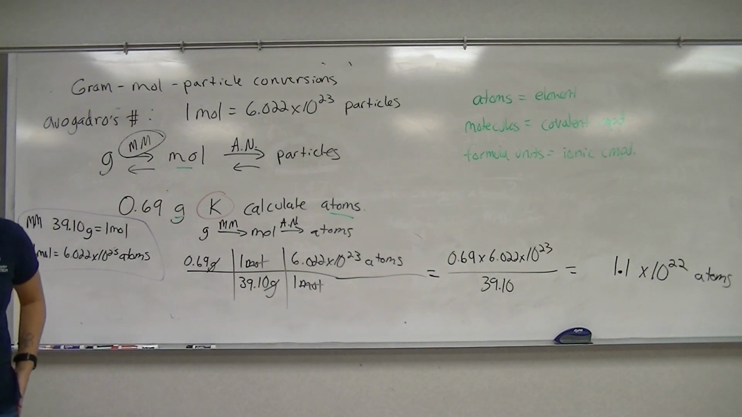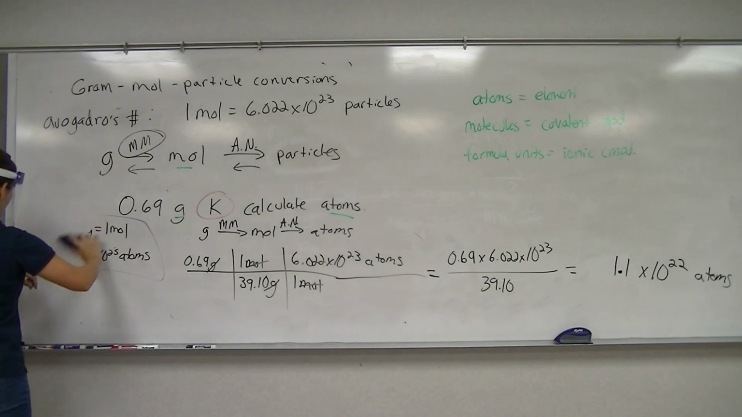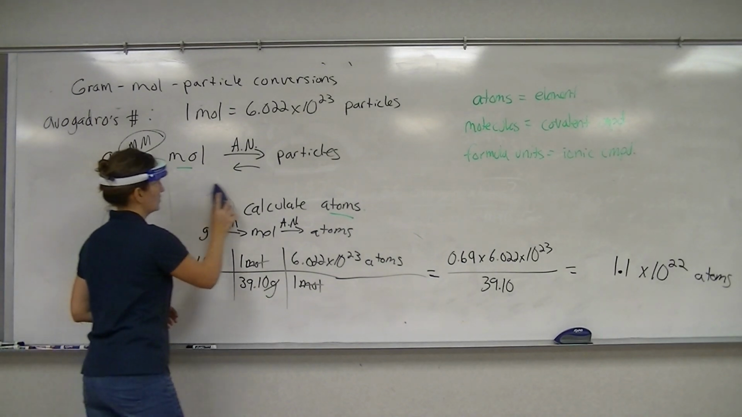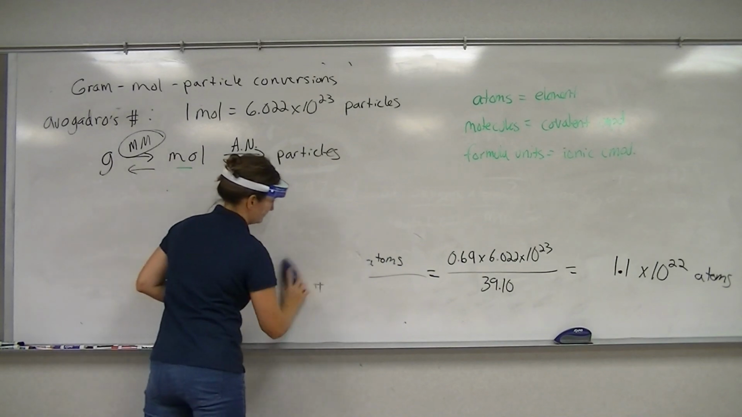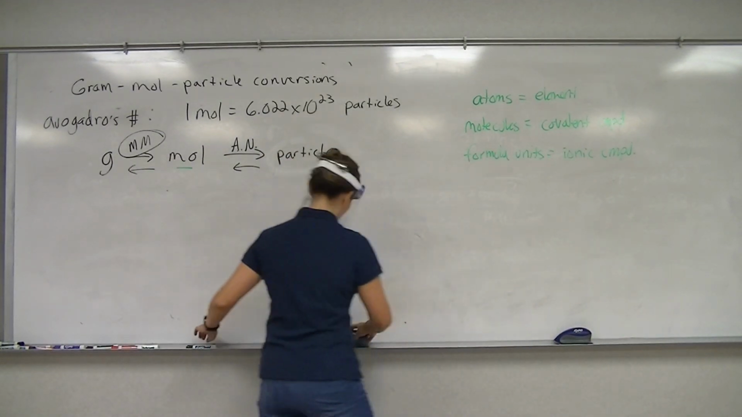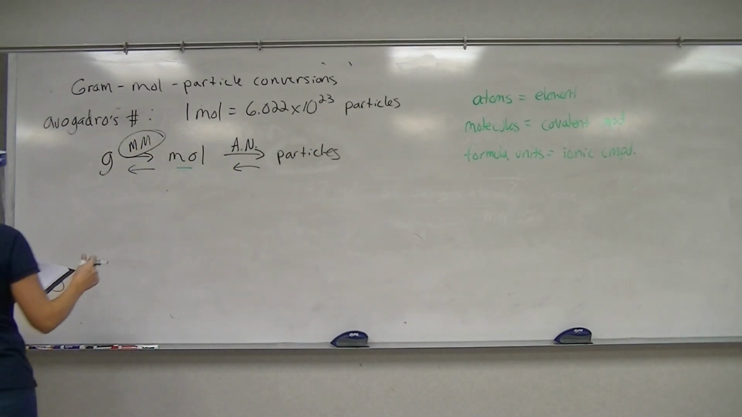All right, so we've just looked at elements so far. I'm going to do one more with an element, but then we're going to bring in compounds, which is going to get a little bit more complicated. I saw one like this on my homework, and I thought it was kind of cool. 2 million gold atoms